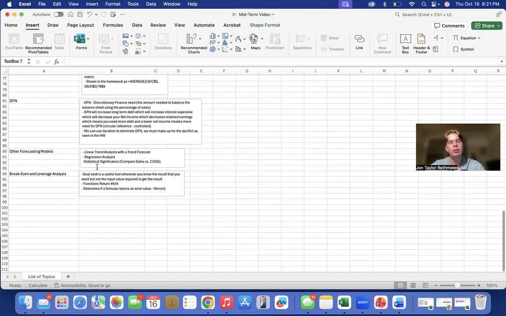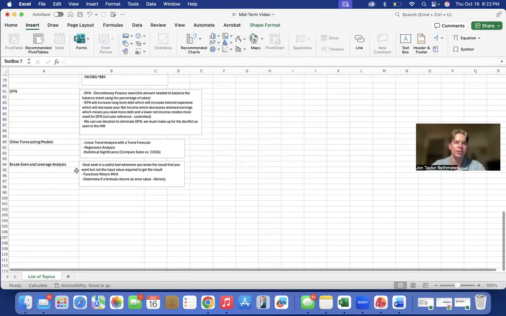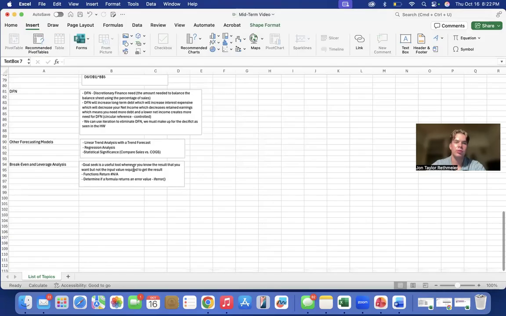And other forecasting models we learned are linear trend analysis with the trend forecast, regression analysis, and statistical significance, like when you compare sales and cost of goods sold, and then break-even and leverage analysis, where we use Goal Seek to help find the input value required to get a result that you want. We also learned the function to determine if a formula returns an error, and we use IFERROR in parentheses. So this is what we've learned so far in the class,